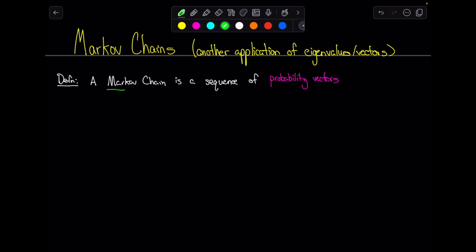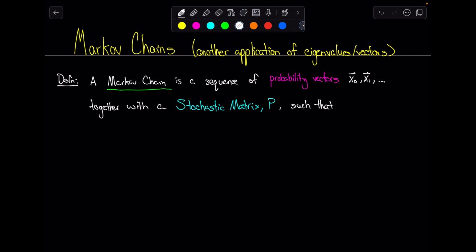And I guess I should underline a Markov chain, because that's what we're really defining here: a sequence of probability vectors, x sub 0, x sub 1, all the way to wherever we stop, together with this thing called a stochastic matrix P, such that,